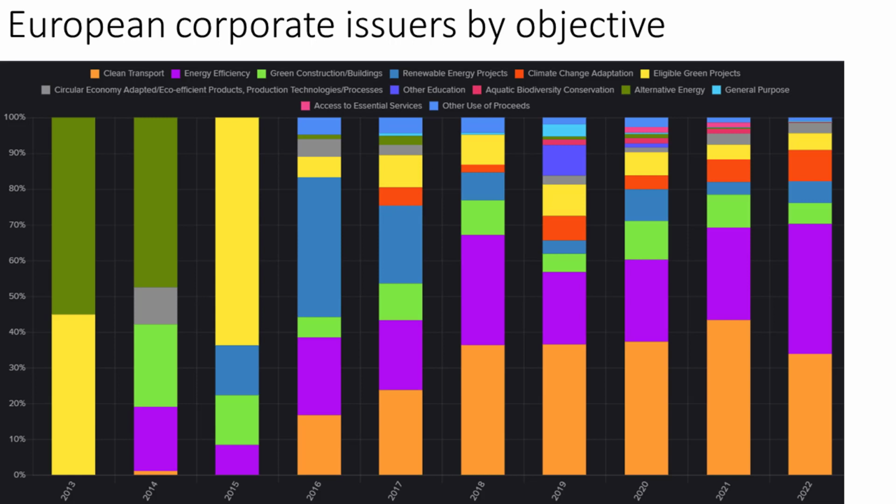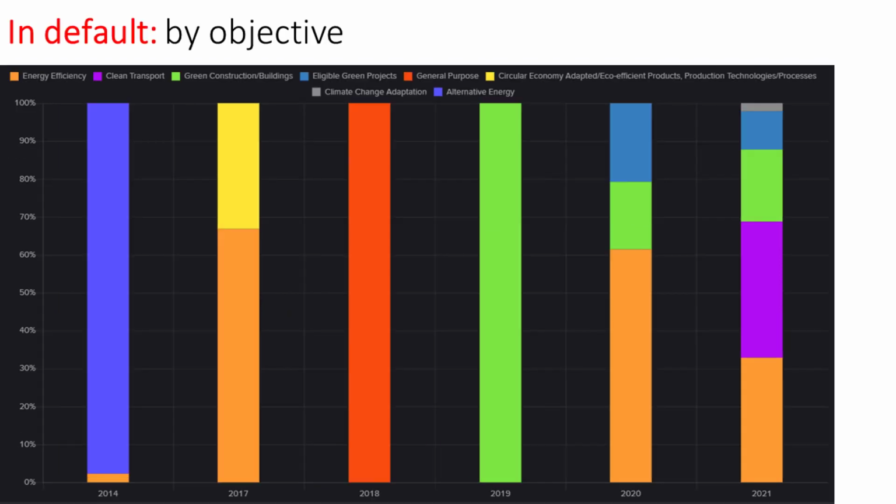And if you are looking here, then we can find a similar breakdown. So we can see transportation, energy efficiency, construction, and renewable energy projects are the main contributors here. And after that, we can find all the minor components. So we cannot find any major difference if you are looking at the recent years. So how is the European market different from the global one? Then let's see why things are going south.